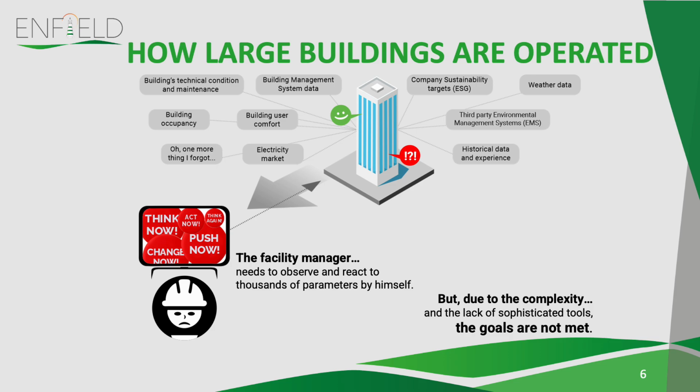So in order to make a control system energy efficient, we have to take into account a lot of different information. That includes building occupancy, weather data, weather forecast, dynamics of processes inside the building. So we need some historical data. We need to take into account electricity market prices, and so on and so on. So this is huge information, and we have to process it several times per hour, usually every 15 minutes, and